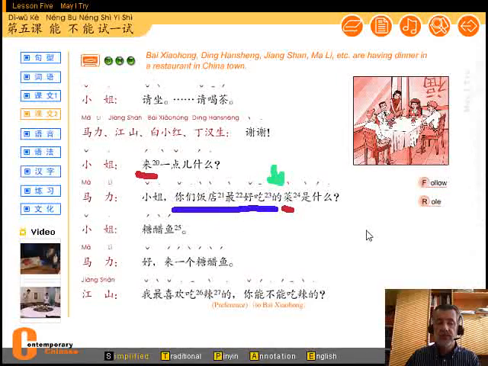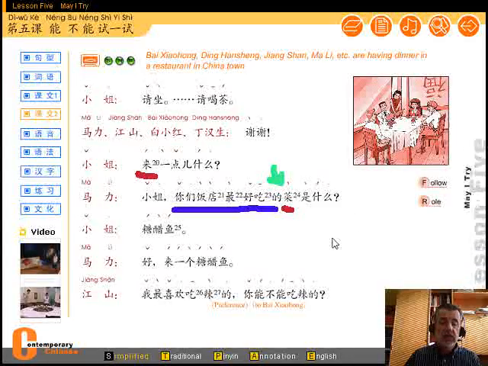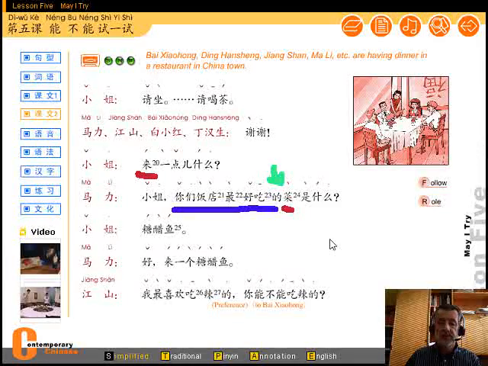糖醋鱼。糖醋鱼。 And Ma Li responds by saying, 好，来一个糖醋鱼。好，来一个糖醋鱼。